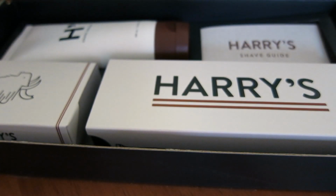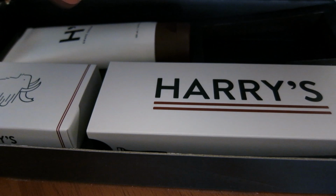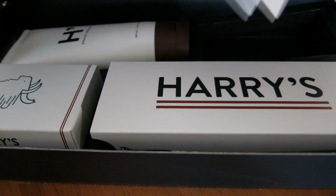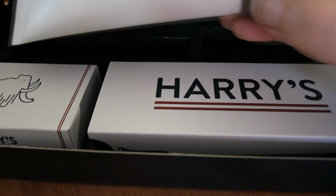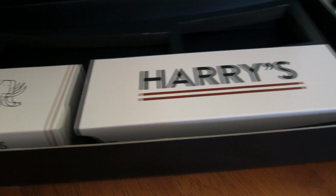Yep, there you go. And a little instruction booklet thing. I mean, if you don't know how to shave, then I don't know what to tell you. So just kind of little fun stuff. This is a tube of their shaving cream. If it'll focus, I'll talk about that a little bit more later. Put that to the side. This over here,